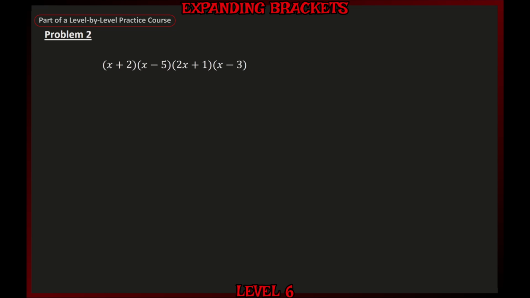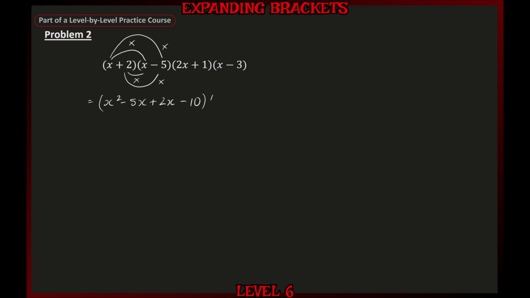So starting with the first 2 brackets, we have x times x, which gives us x squared. And we have x multiplied by minus 5, which is minus 5x. We also have 2 times x, which is plus 2x, and 2 times minus 5, which is minus 10. Now we need to keep this in a bracket because it's going to be multiplied by the product of the